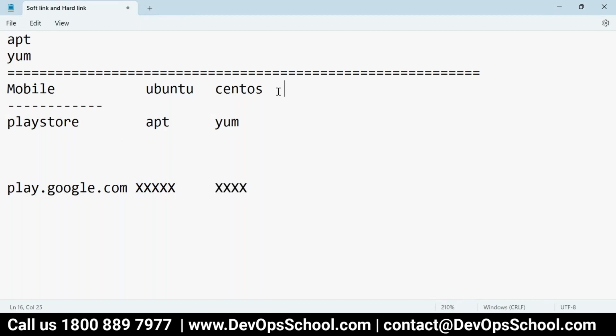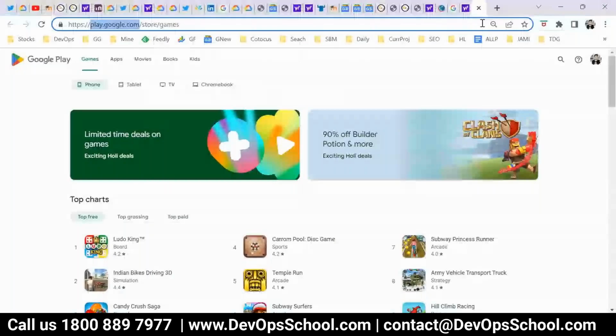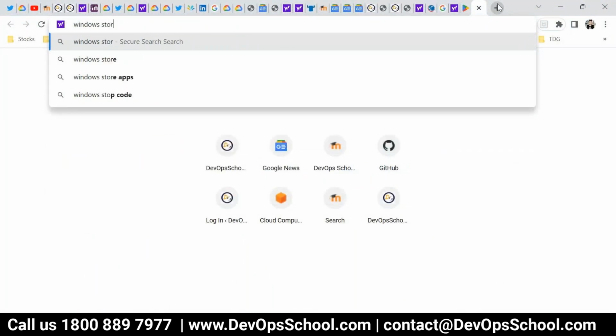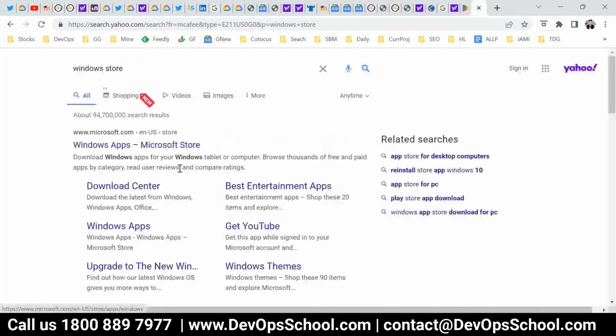In Windows, anyone have idea? Software store, Windows Installer. Yes, Windows Store is there, Windows App Store.